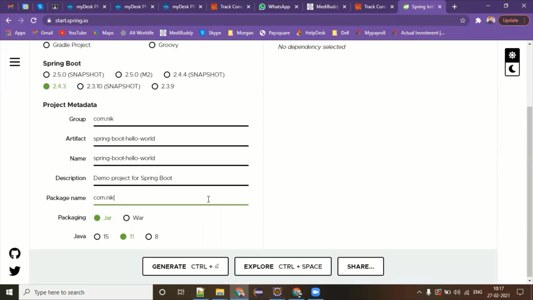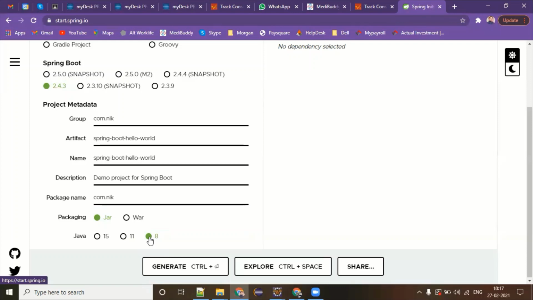So here I have selected the jar only, that is the recommended one, and instead of Java 11 I have selected Java 8. The latest version of Java is 15, as you can notice, and from 8 onwards it is now a paid one. Oracle is charging for the license and all, and still 90% of companies in the Java world are using Java 8 only.